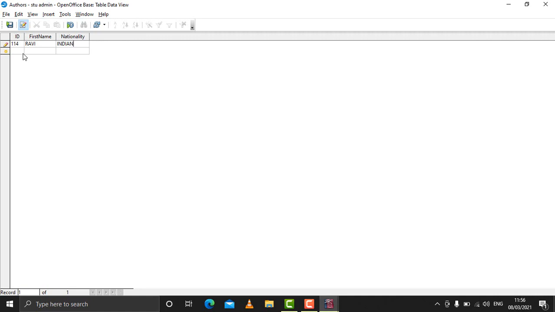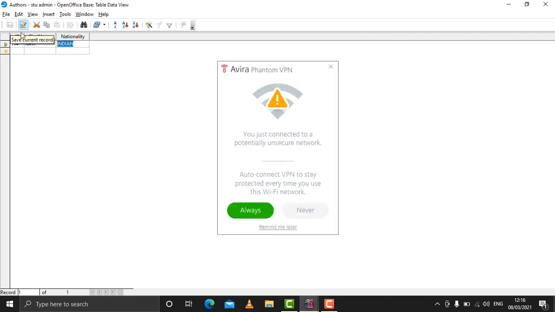So in this way we can fill the entries. So after making all the additions to the table, means doing all the entries to the table, we can save it